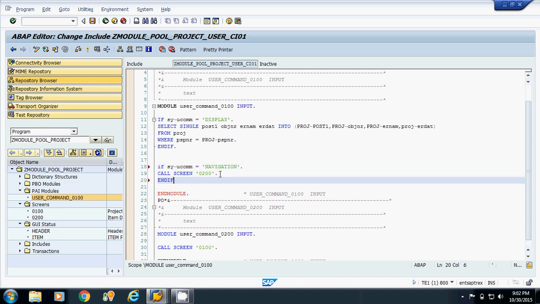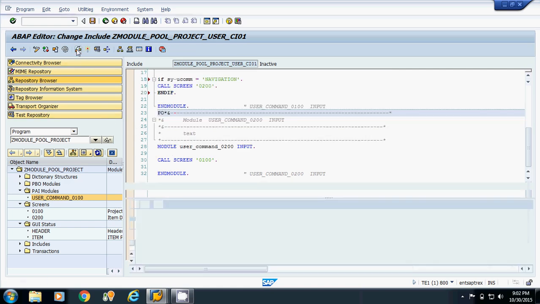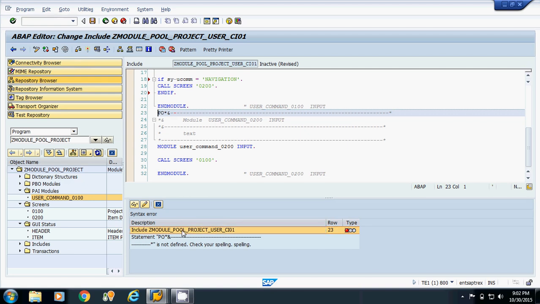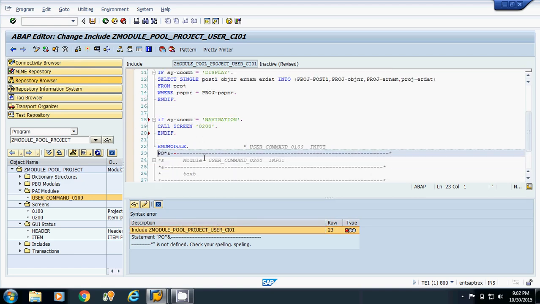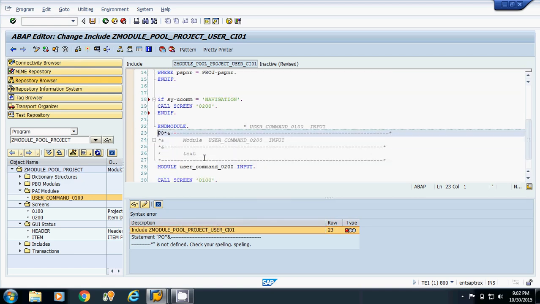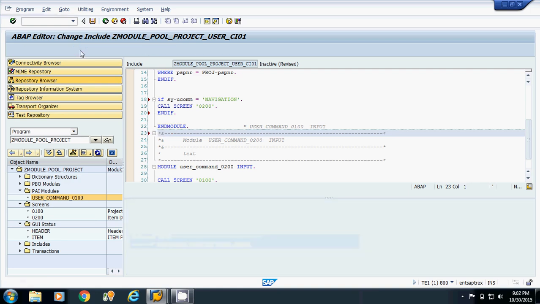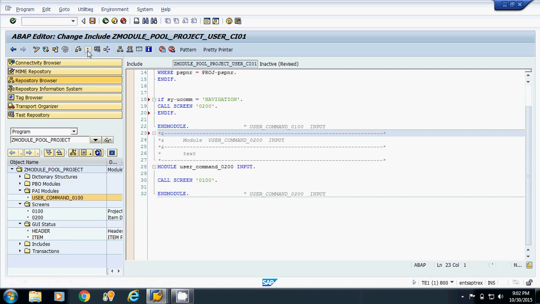and if, now if I am checking for the syntax, it is syntactically correct.